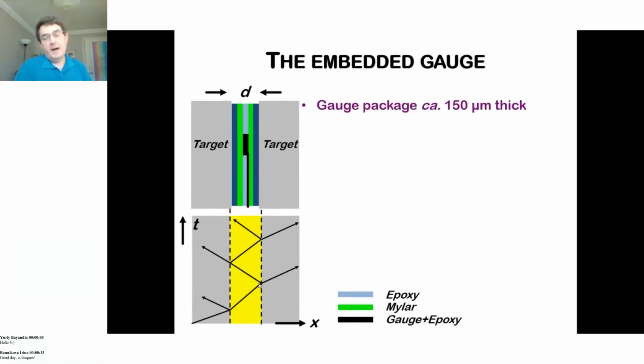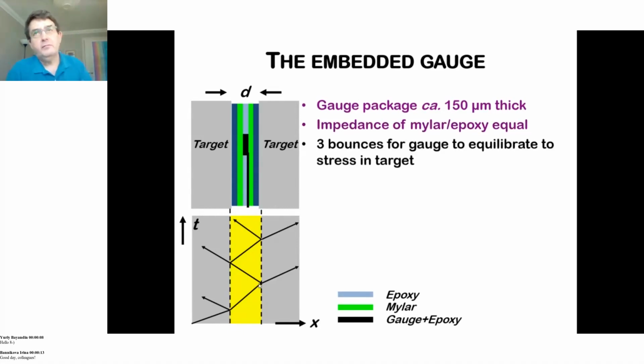The impedance of the mylar, which is the polymer sheet we use, and the epoxy is approximately equal. Not a huge difference there. And rule of thumb, we can discuss the rule of thumb as needed. You have to use a system called impedance matching, so crossing Hugoniots is sometimes how it's used in literature, but